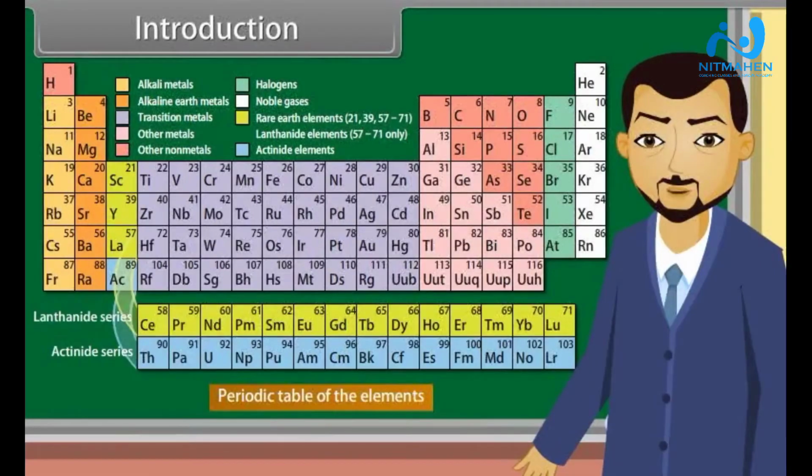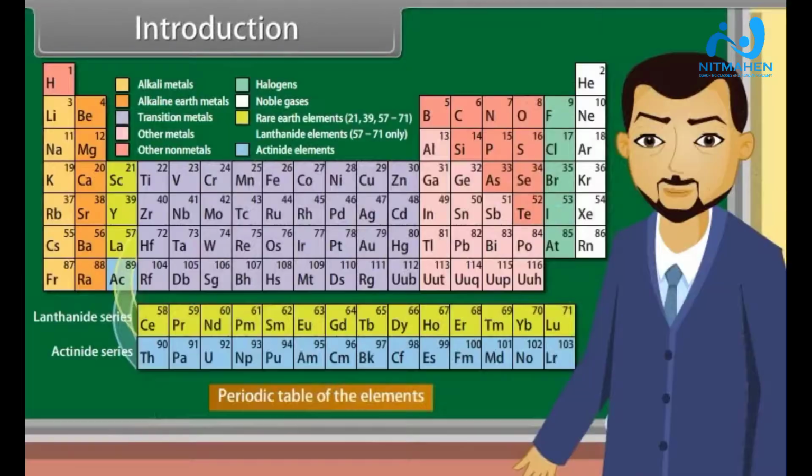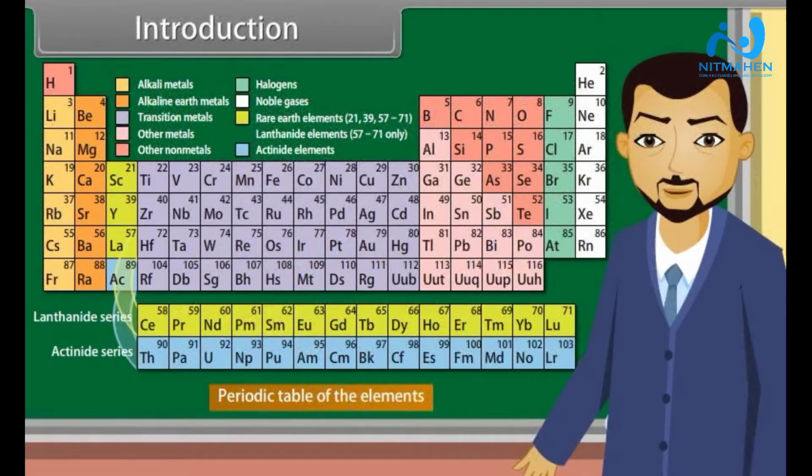Periodic table is the arrangement of elements in such a way that similar elements fall in a group, whereas dissimilar elements are separated. So, teacher, we will classify the elements on the basis of their properties? Well said. Thank you, teacher. So, let's proceed. In this lesson, you will study the elements that are known and classify them.